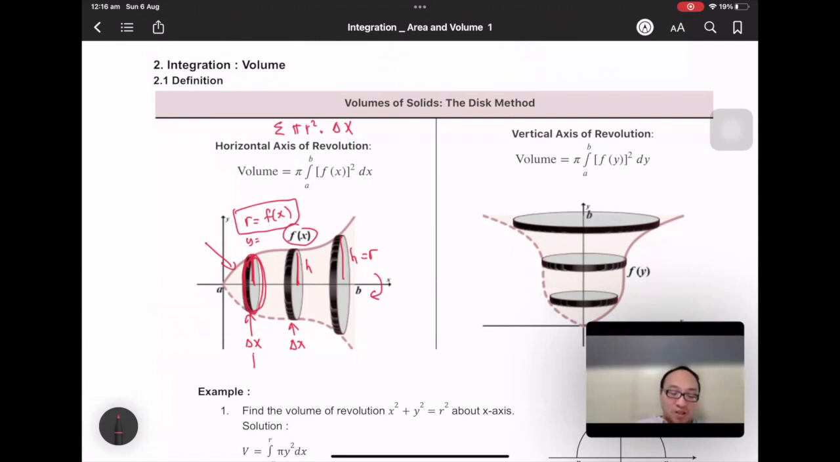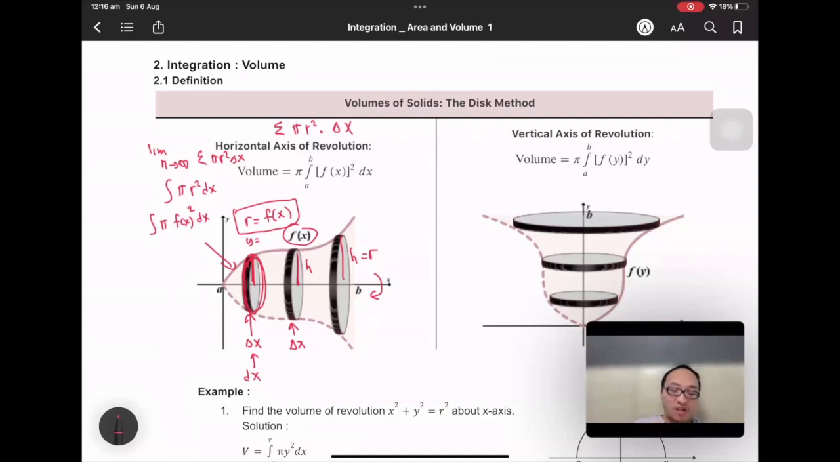For a small value of delta x, we will change it into dx. So using the limit again, the limit as n approaches infinity, the sigma of pi r squared delta x will change into the integral of pi r squared dx. And r is f(x), so integral of pi f(x)